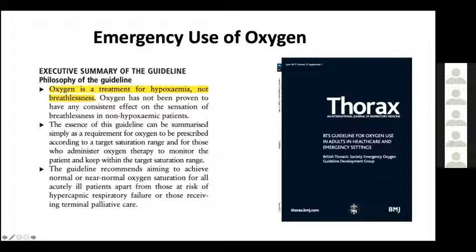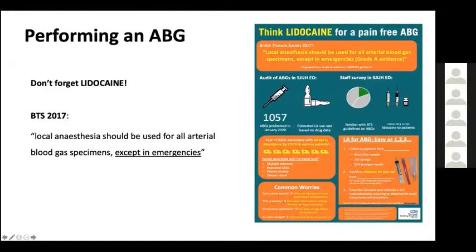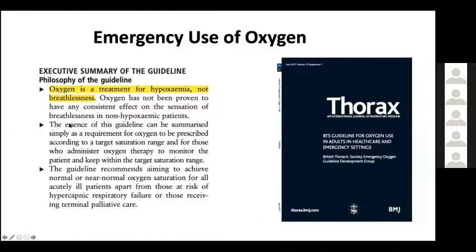Interestingly, the first line of that guideline I've put up on the left here says very clearly that oxygen is a treatment for hypoxemia, not breathlessness. And that's a really important thing to remember, because oxygen is there to treat patients with low oxygen saturations,